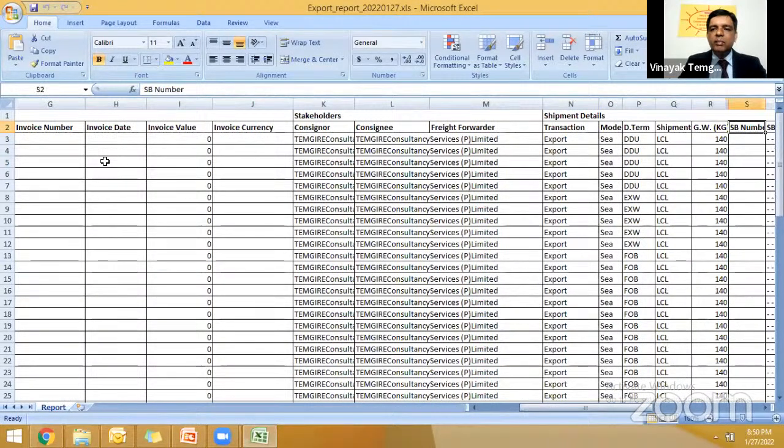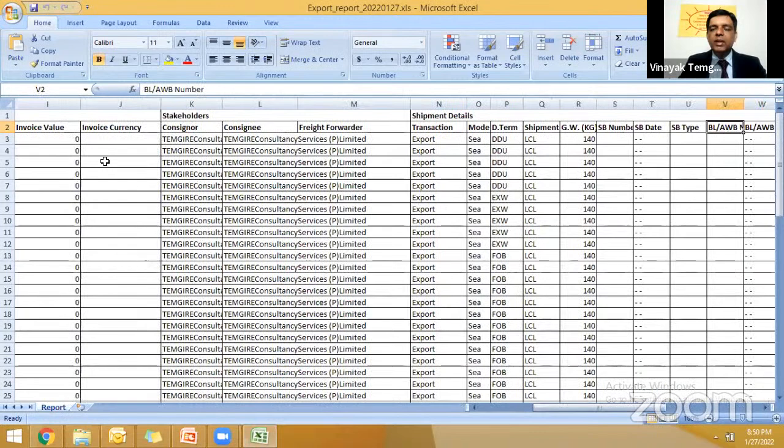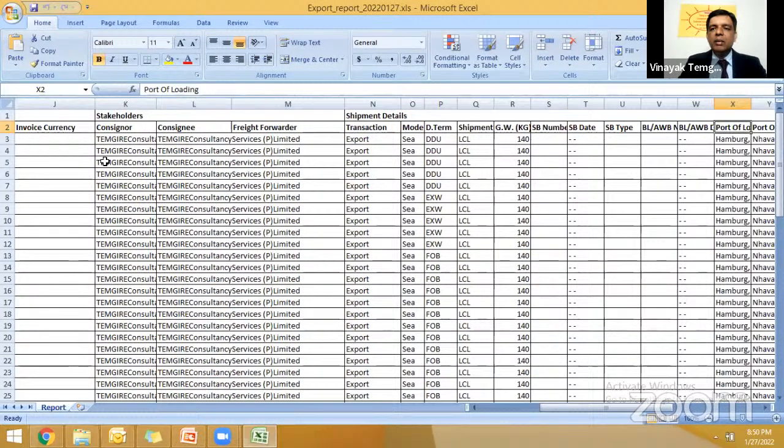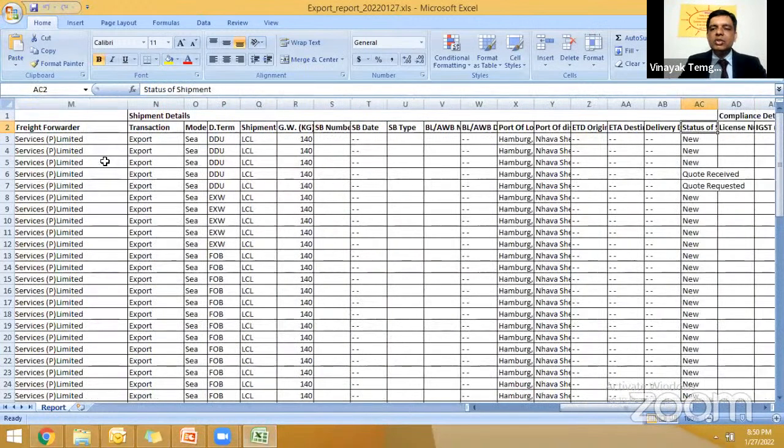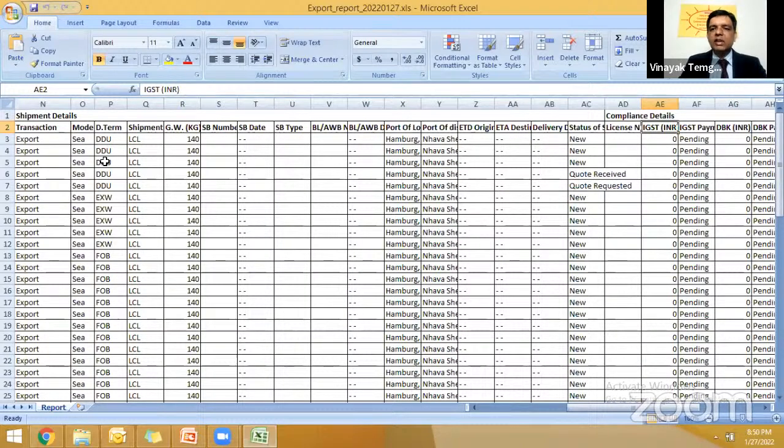What is the gross weight? Shipping bill number? Shipping bill date? Shipping type? Bill of lading? Bill of lading number? Port of loading? Port of discharge? ETD? Delivery term? Status of the shipment? Under which license it has been cleared, how much IGST is refundable, IGST payment whether received